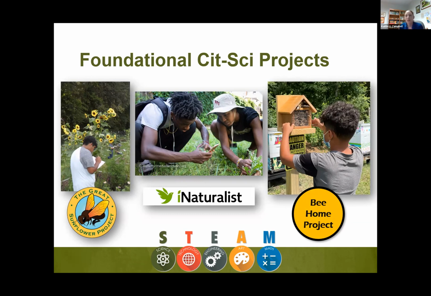Then at the end of the fall, people would collect those cocoons that are inside the tubes and help them overwinter. So they would count them, they'd sort them, they'd upload pictures of them, and then we'd have an idea of what places are being used and kind of the different types of cocoons that are used in these and what they end up becoming when they hatch out. They can take pictures of those and upload them. So this is a project that's in the works, and we're really excited about it because we've had a lot of fun with our native bee houses on campus.